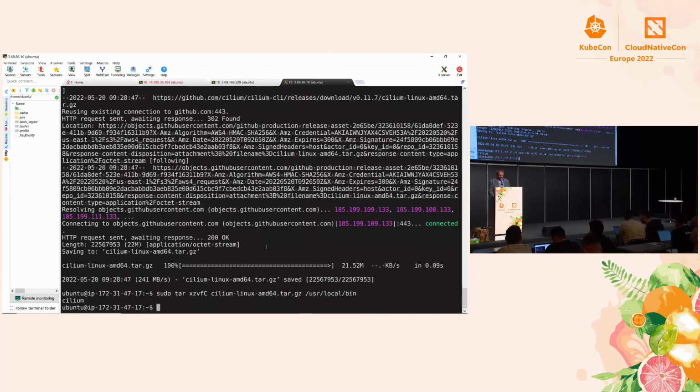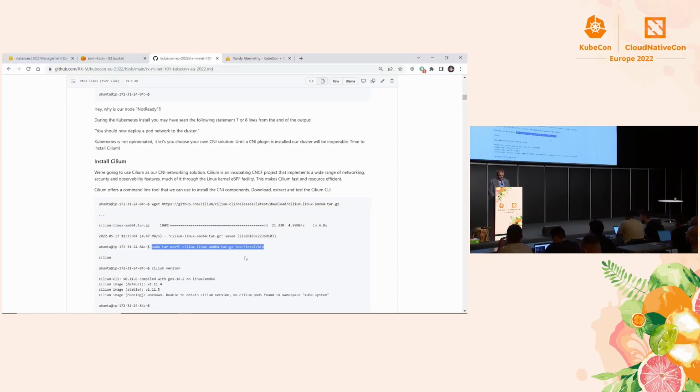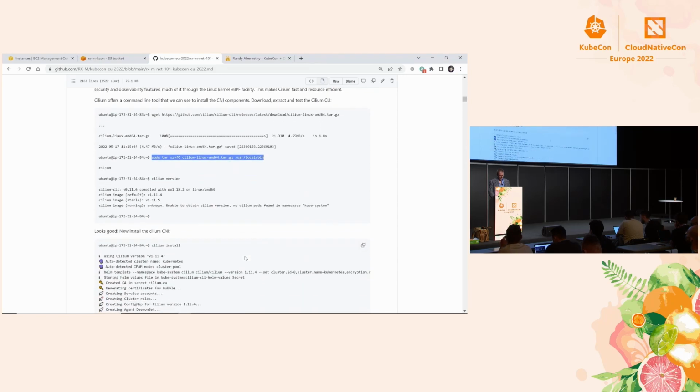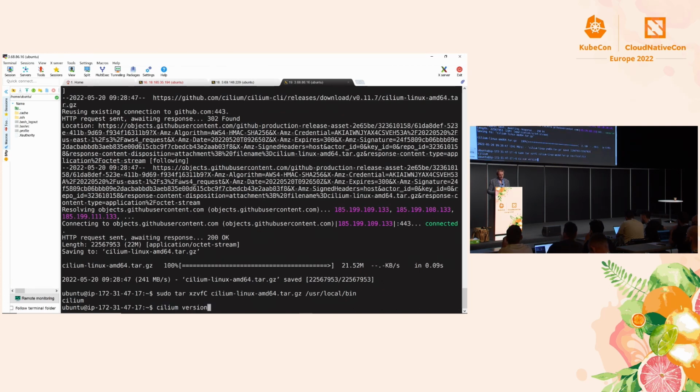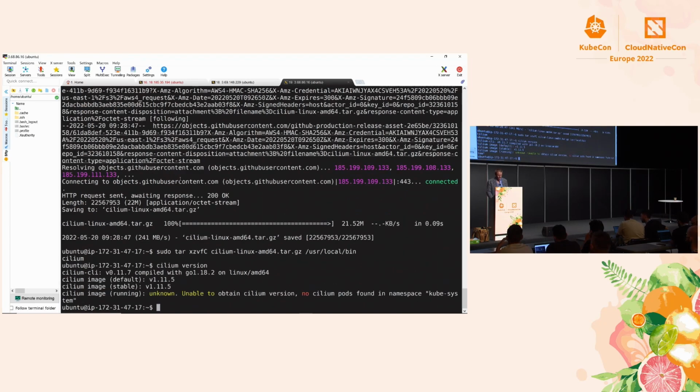So a lot of these modern projects for Kubernetes use the operator pattern where they maybe have a command line tool, and then they run a service in Kubernetes that you can interact with, which is nice because you can get data and things from it. And then that service is responsible for actually deploying the pods that are doing the thing you're trying to do. So I have the Cilium CLI installed now.